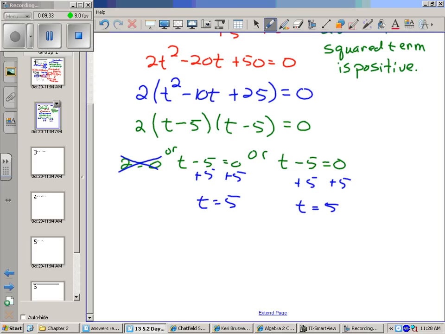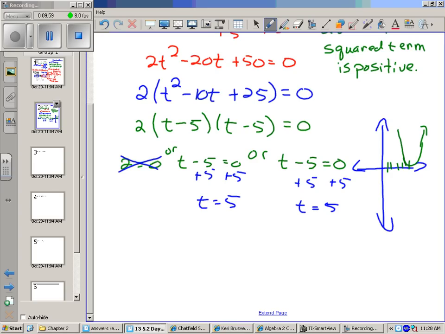So what does this mean? Well, if I look at my actual graph of this, what this is telling me is I have what's called a double root. I've actually found my